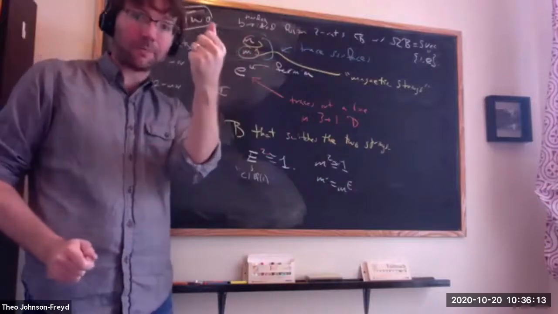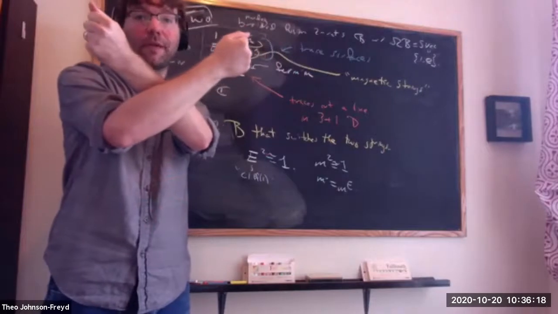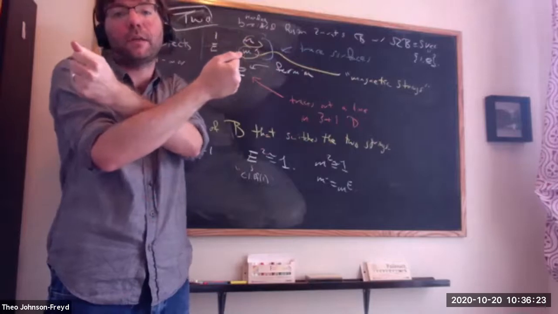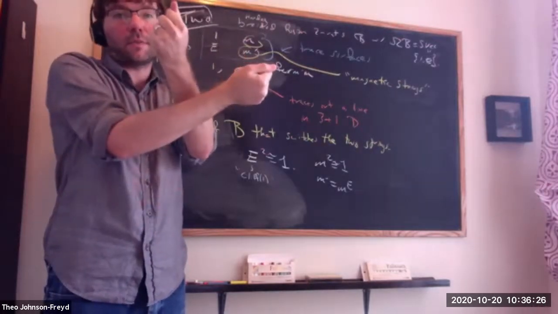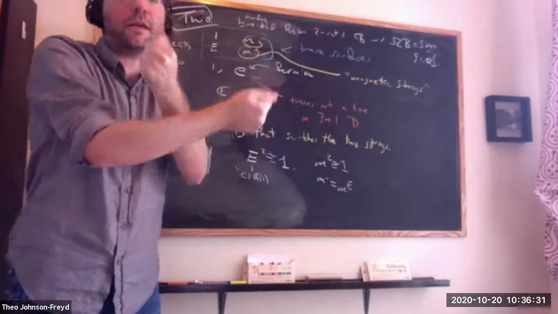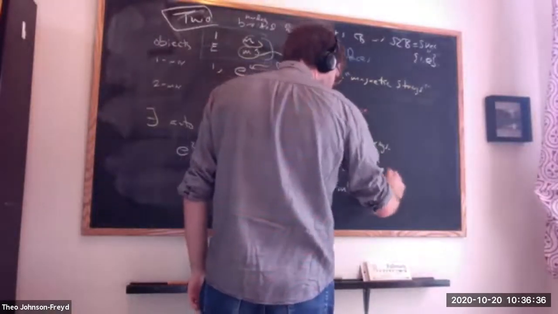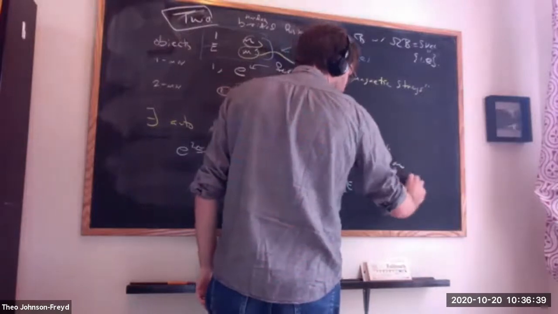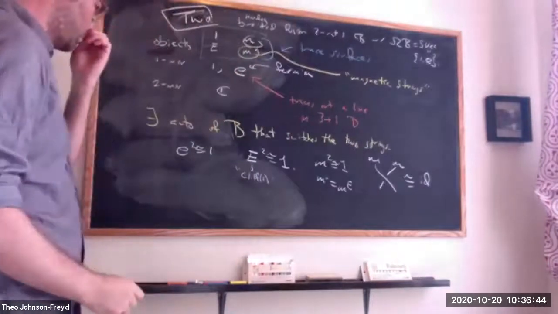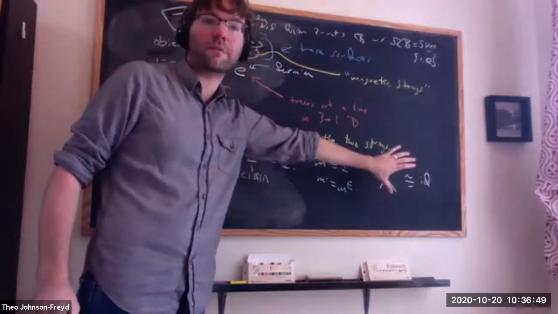If I have an object, a surface operator in a braided 2-category, I can cross it over itself and ask what's the value of that braiding, just like in a braided 1-category, where I can cross an object with itself. That value will be isomorphic to some line operator. It turns out that if you take an M surface and cross it with itself, the self-braiding is isomorphic to the identity. You have to choose that isomorphism, but the choice ends up not mattering for what I'm about to tell you.